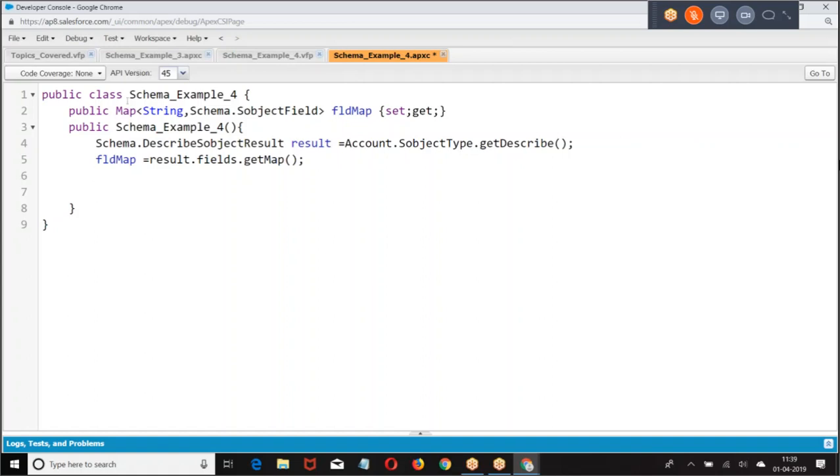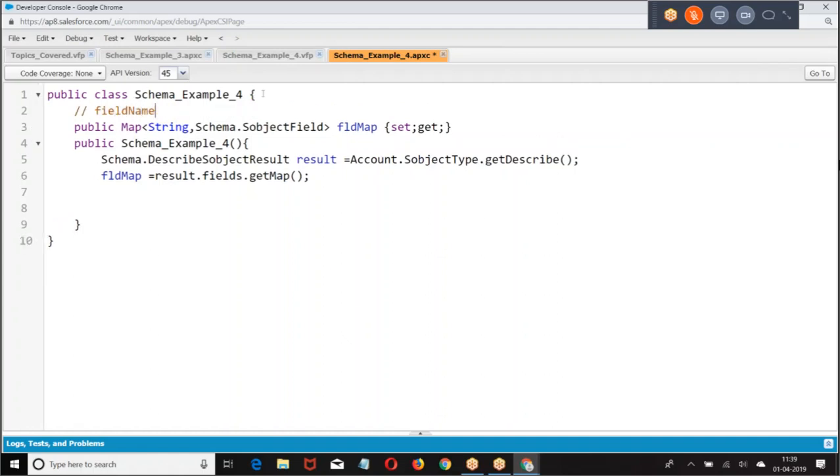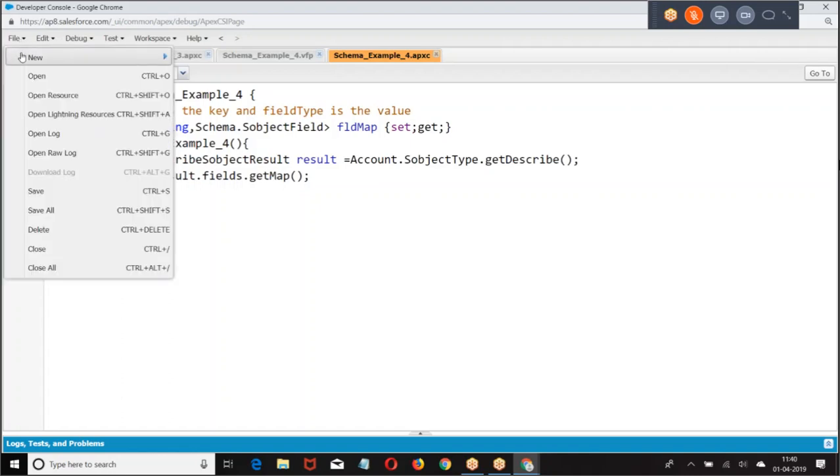Now here, what is this string? Field name is the key and the field type is the value. Now let us see this. Go to the VF page.